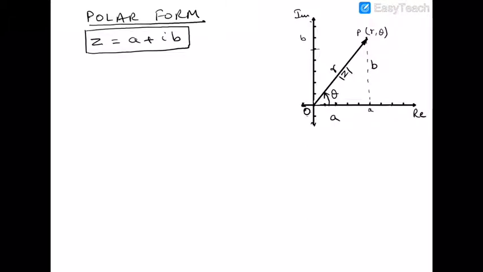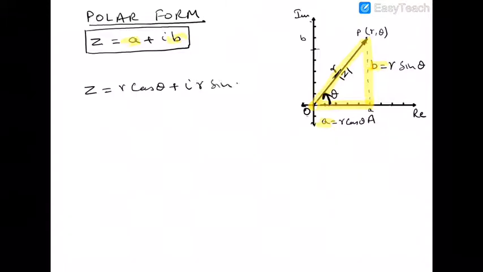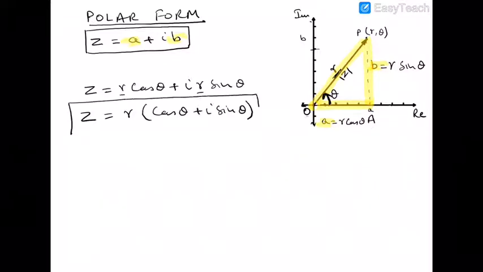Now in the right angled triangle PAO with theta between AO and OP, b can be written as r sin theta and a is equal to r cos theta. Then we just need to put the values of a and b in our standard form. So we will get z = r cos theta for a plus i r sin theta for b. Take r common, so we will get cos theta plus i sin theta. So z = r times (cos theta + i sin theta) is the polar form of the complex number